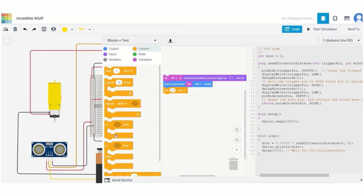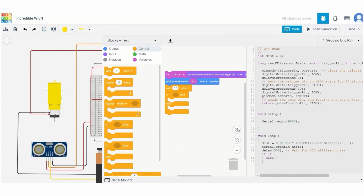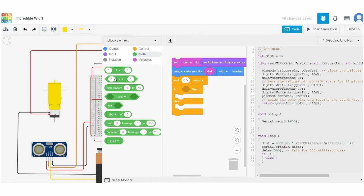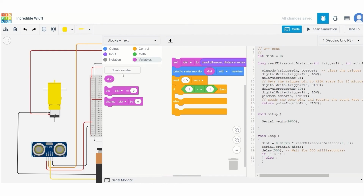Now I have to write the program for our robot. Okay, I will use the if then else command. I'll zoom it. So go to math, you have to compare it. Keep the left mouse button down and drag and place it here. Here we have to compare the distance, right? If the distance, go to variables, select the distance, is less than or equal to 100 centimeter,